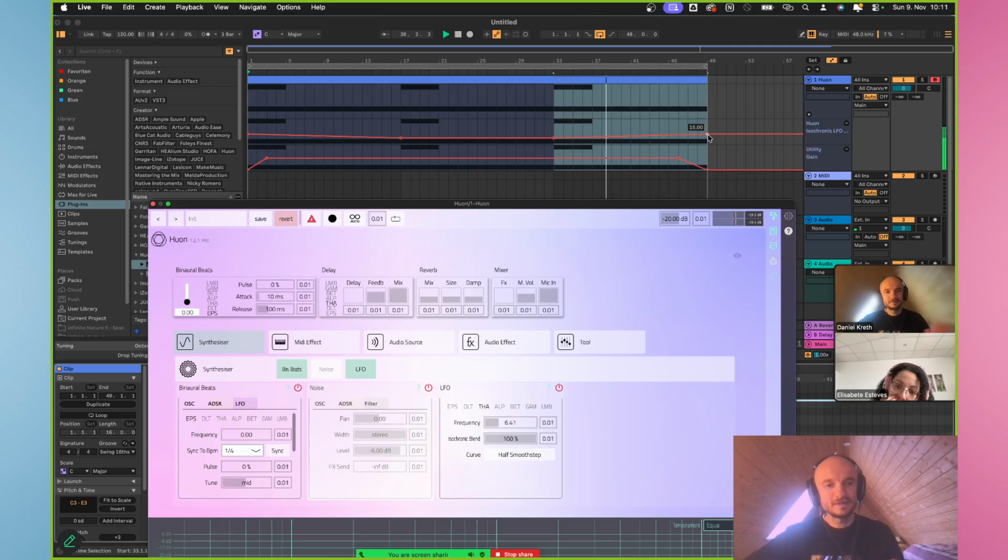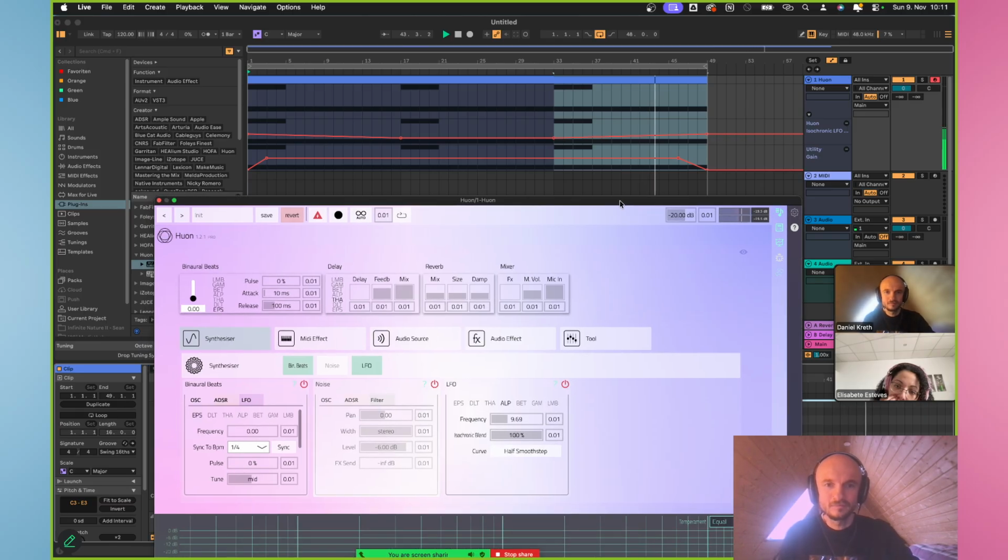So this is how you can control this isochronic frequency here. Now you go up, and also the volume fades out now. So yeah, and then if you want to integrate it into your production, then you could just use